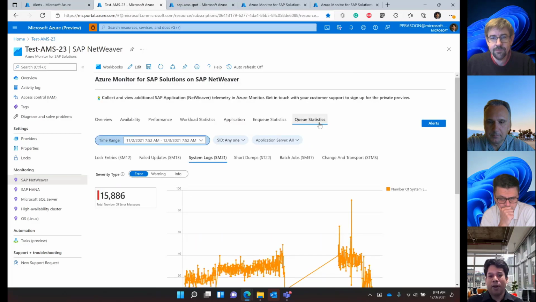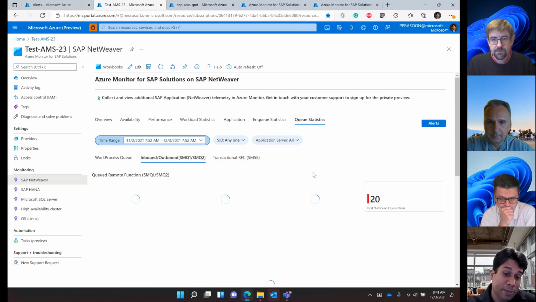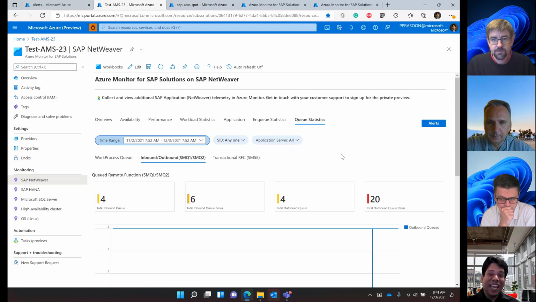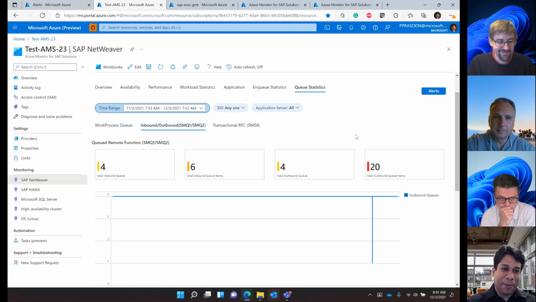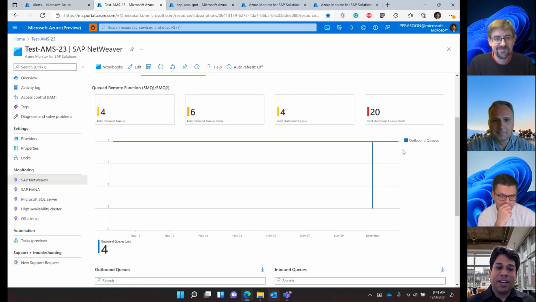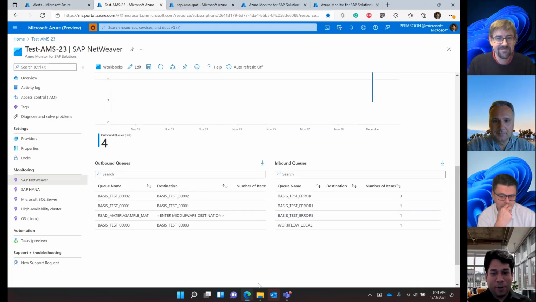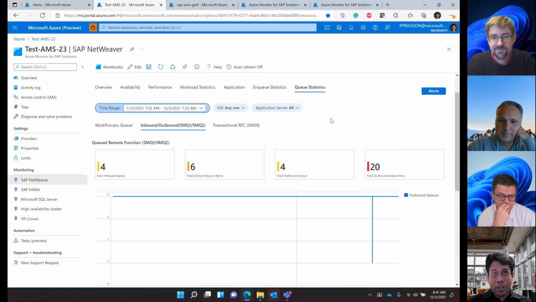Another thing I just want to brief upon, because that was an aha moment for one of our customers, was SMQ1 and SMQ2. They did not realize they had 8,000 queues stuck after the big holiday season, because they did not have alerts configured. As soon as they opened AMS, they were like, ooh, the entire transaction is stuck. It also tells you which queues are stuck and what destination is causing the problem. So what we have enabled is given ammunition enough for Basis and infrastructure, as well as